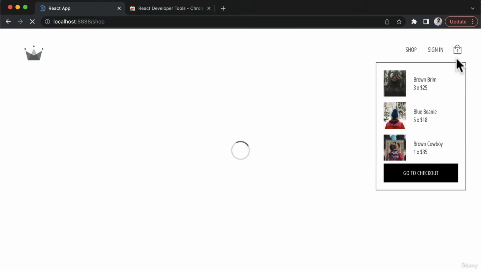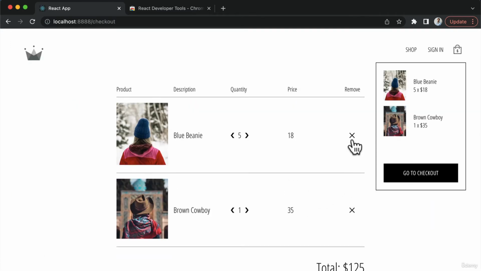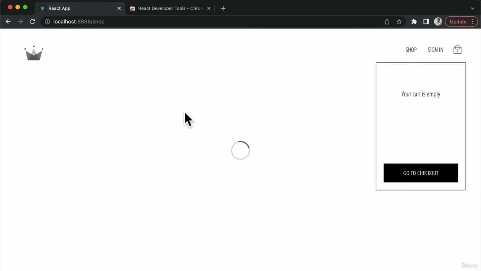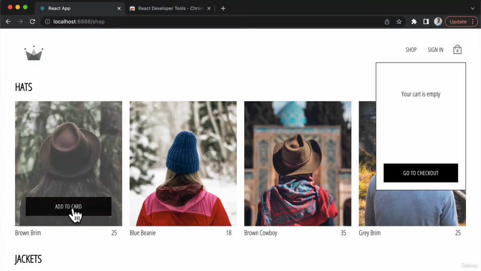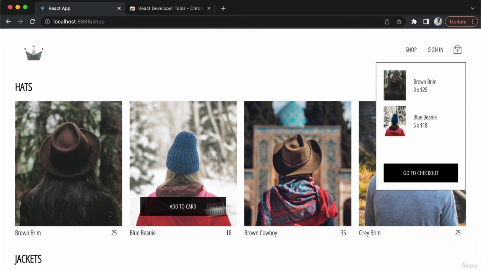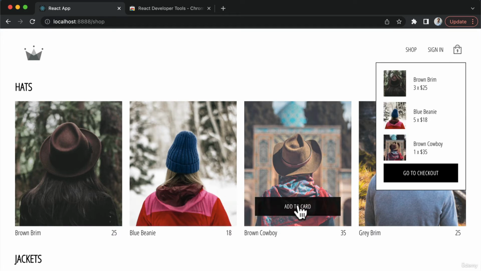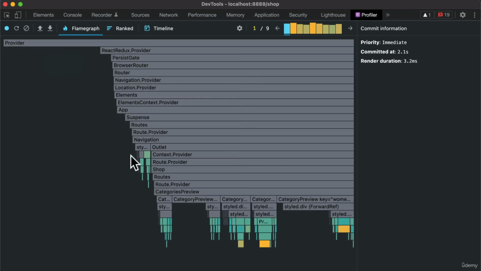Once it loads in, I'm also going to make sure to clear out the checkout. And now when we come back to our shop, I'm going to start profiling. And again, I'm going to add 3 of the brown brim hat, 5 of the blue beanie, and 1 of the brown cowboy. And now if we go back and we stop profiling, now what we'll do,